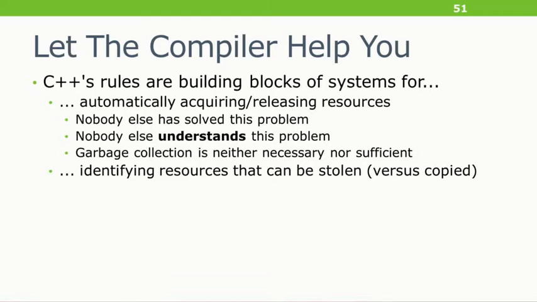What L values and R values, value categories, do is they allow the system to see some objects, some vectors, some strings that the rest of the program can't or has declared that they won't care about, so that its resources can be destructively stolen, which otherwise would not be possible without a Skynet-level compiler.